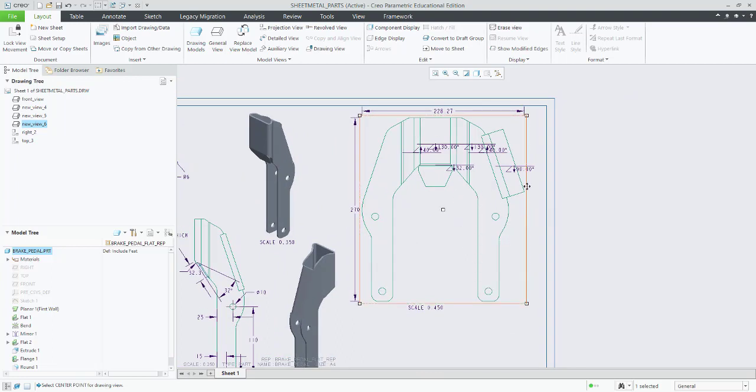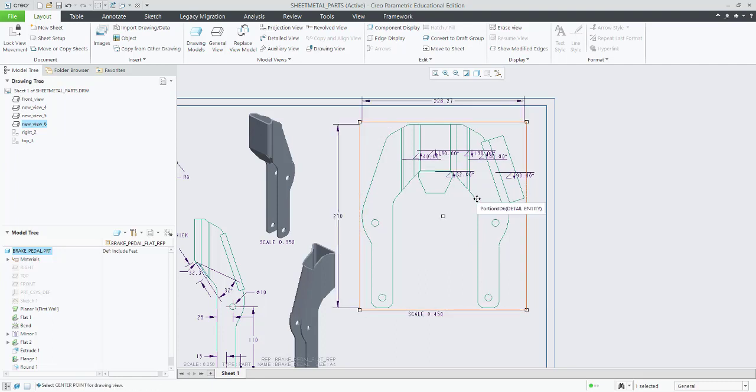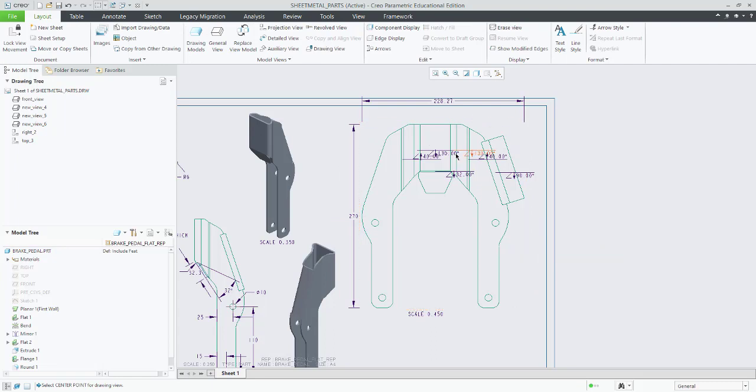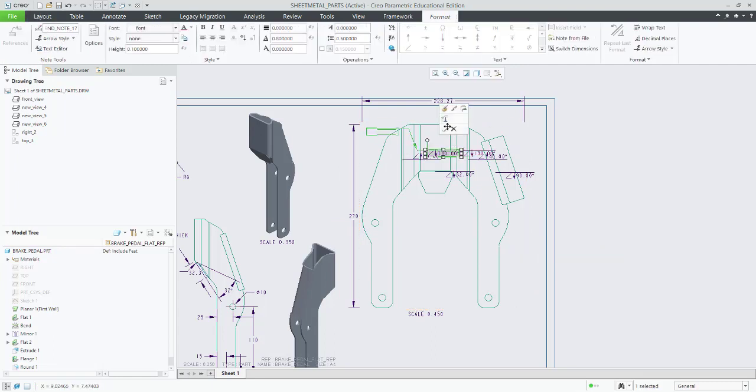Now you can simply drag this and rearrange all the dimensions. Here I am going to start with the rearranging first. First I will keep this 270 closer to our view. Then I will rearrange this bend properties, that is this 130 value, then this 40 value. Similarly here also this bend of 130.